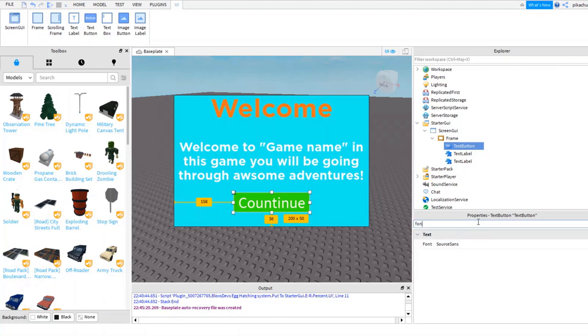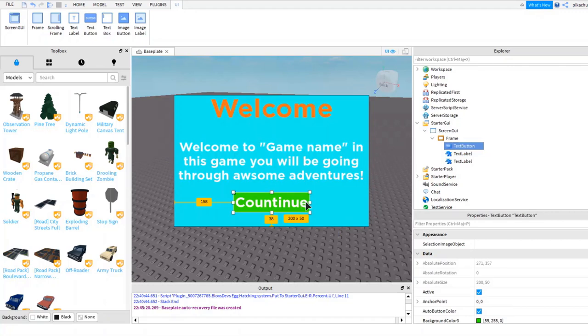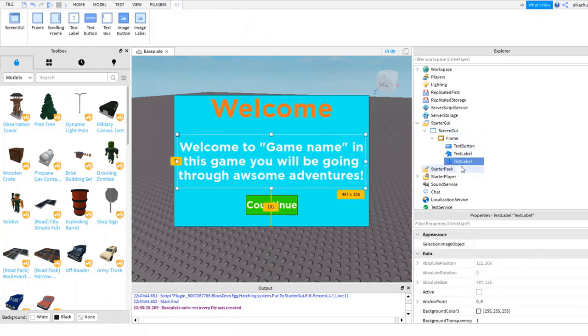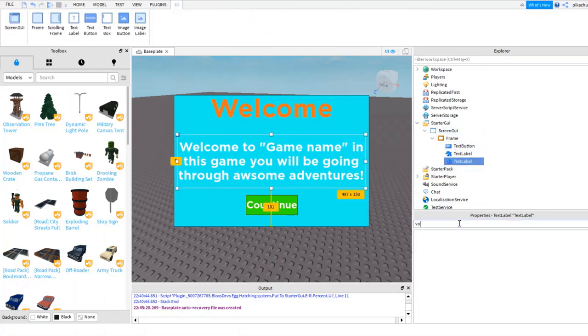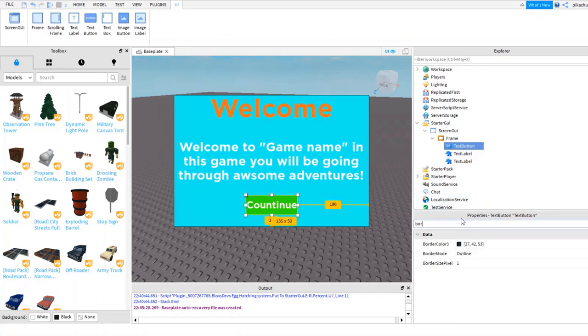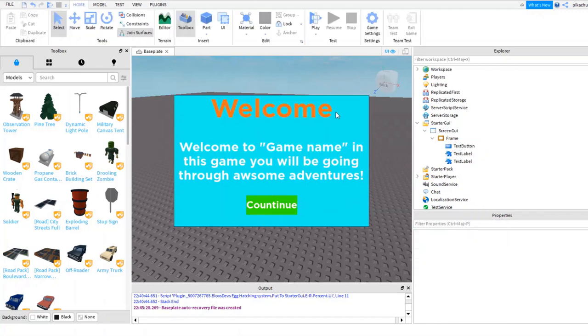Maybe white is fine, and let's go back and change the font to something better. Got them bold, which looks pretty good, and let's make this button size a bit smaller so it looks better here. I think we're going to change the border pixel size as well. We don't want it to have a border, or it looks kind of ugly. So here, and now it should be good, looking great.